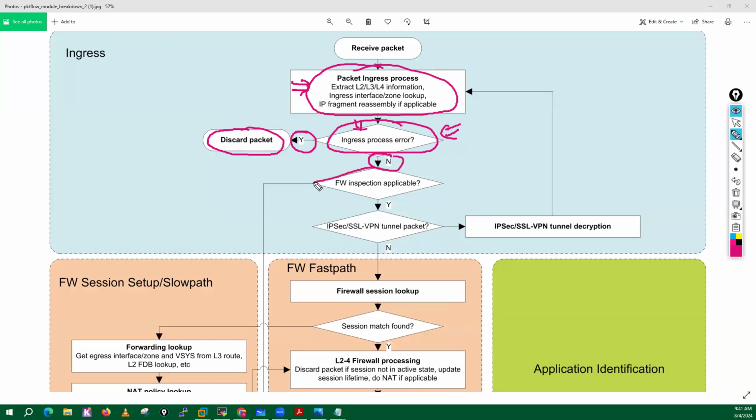It will check, does this packet require firewall inspection? Yes. Then it moves further and it will go for the IPsec or SSL tunnel packets. If your traffic belongs to IPsec or SSL VPNs, then it will basically send this packet towards the tunnel decryption process. Because we know that's VPN traffic, which is IPsec VPN or GlobalProtect, this packet goes through the IPsec or SSL tunnel decryption. Means we will decrypt that packet and we will get the original packet, and after that we will basically do